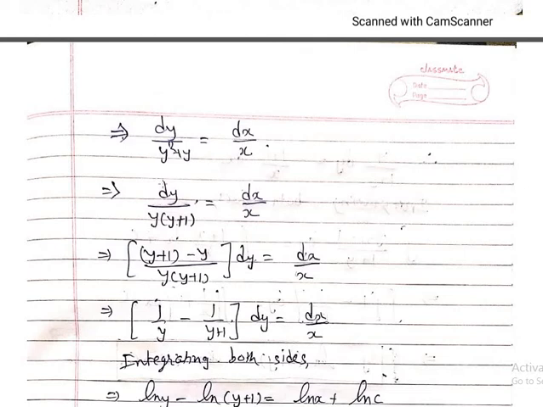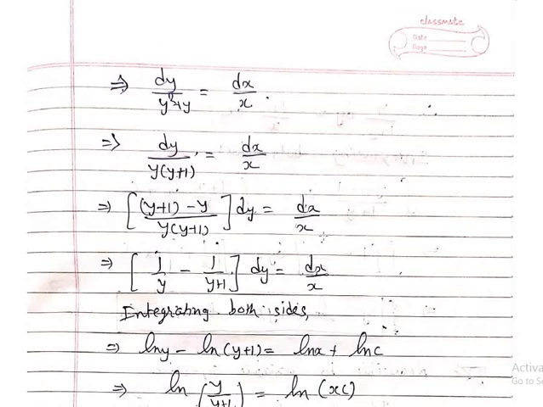Now here, see, there are two methods. Either you adjust the last term, and if you adjust the last term, then the last term will be 1 by 4. So plus 1 by 4 minus 1 by 4, and then you use the method of 1 upon x square minus a square. That is one method. Here I have commoned out y and then adjusted the terms in the numerator. So in the numerator you have 1. So I have added y and removed y. That will give y plus 1 minus y divided by y into y plus 1, is equal to dx by x.